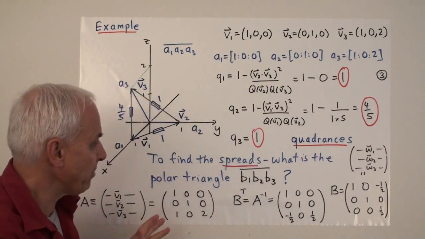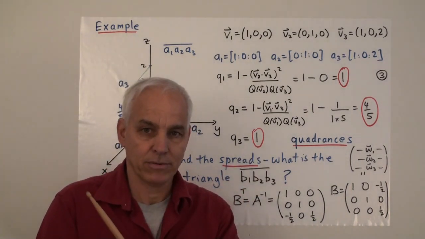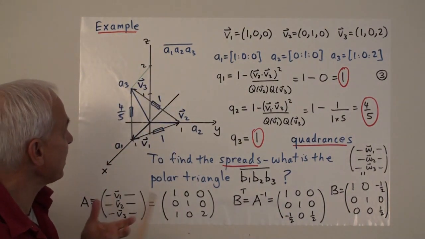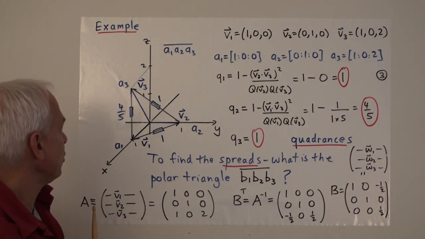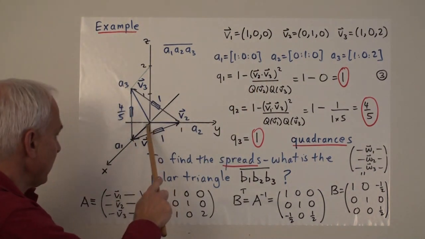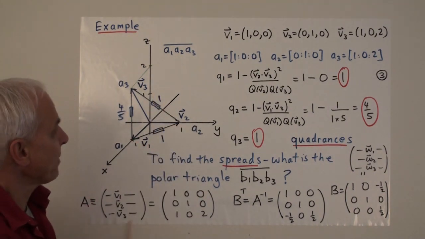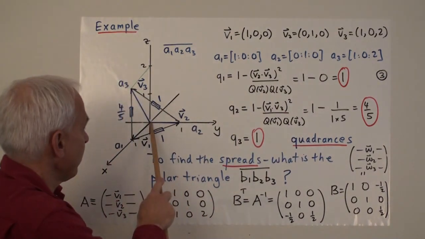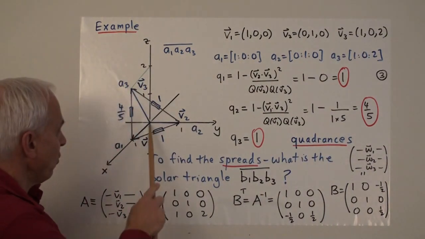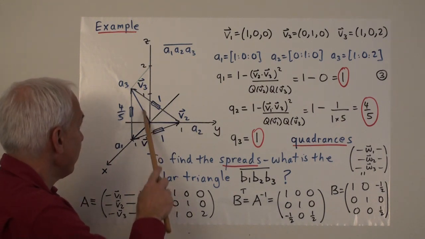So let's do that. Let's start by thinking about how this all works in a specific concrete example where we can work things out and check that our formulas are true. So let's choose a particular example, and I'm going to choose relatively simple vectors. The vector 1, 0, 0, we'll call that v1, so there's the vector v1 in the usual x, y, z representation of three-dimensional space. v2 is 0, 1, 0, the unit vector in that direction, and v3 will be 1, 0, 2. So the vector 1 in this direction, 0 in the y direction, and 2 in the z direction. There it is right there, v3.